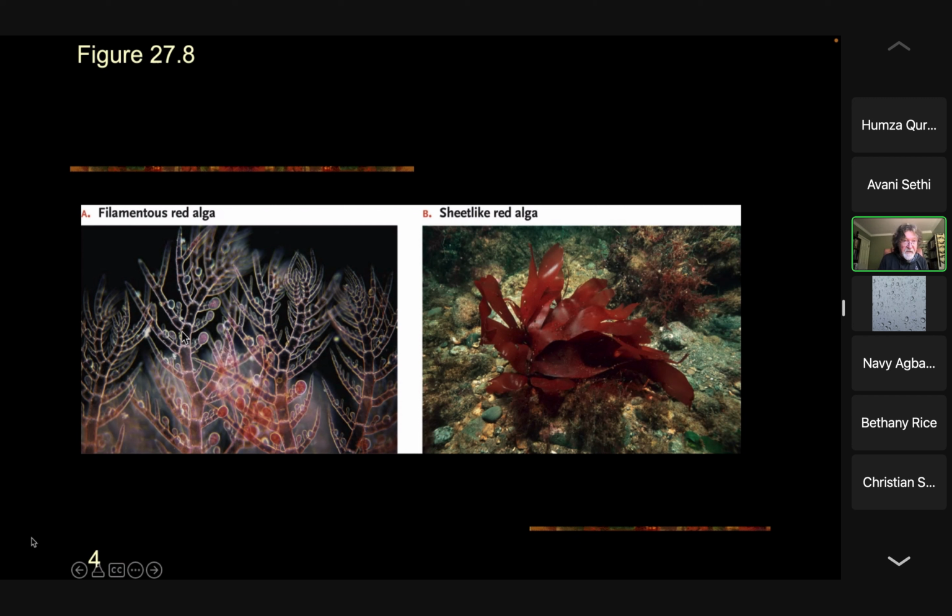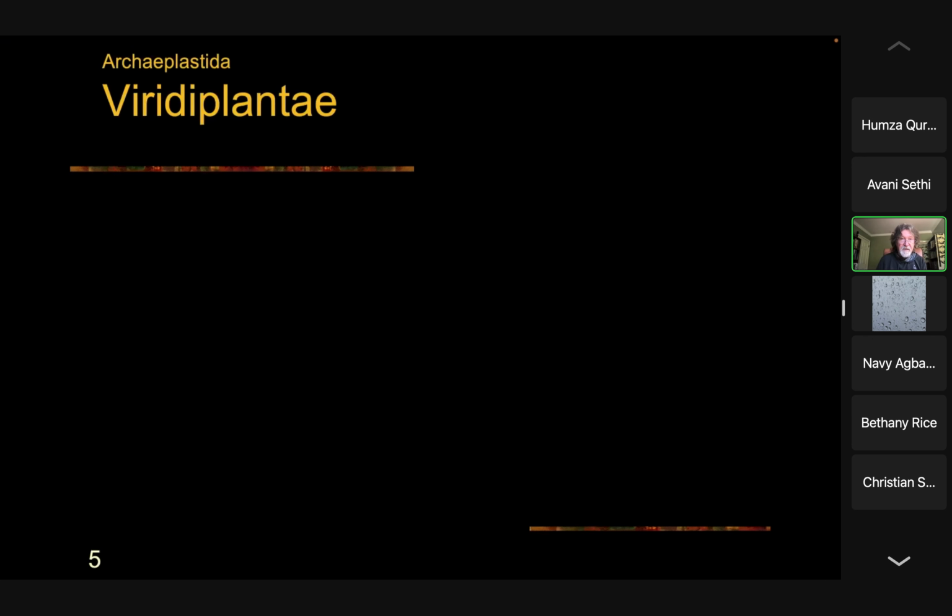You can even see the cell divisions here. This is under a microscope. But the sheet-like red alga is much, much bigger. And some of these kelps, they're called kelp, they can be well over 40 meters long. Okay, they can have incredibly large bodies. Okay, so that's all I'm going to say about the